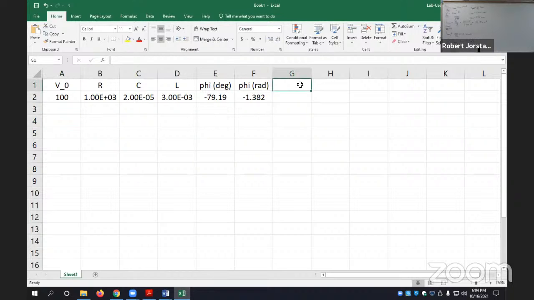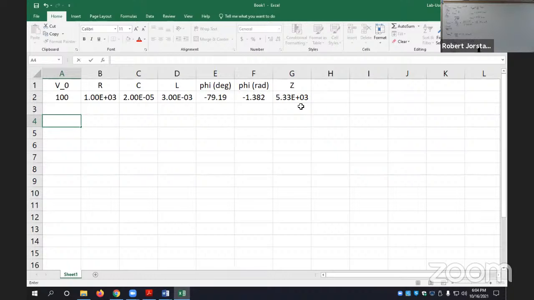And now I think we found Z, right? We already did that. That was equal to the square root of all that stuff, but we worked it out. What was it? 5.331E3. It was 5.331 kilo ohms. All right. So now what were we trying to do? We're trying to get time here. And you know what I might do really quick is get a feeling for the period of this circuit. What was our operating frequency? Did it say